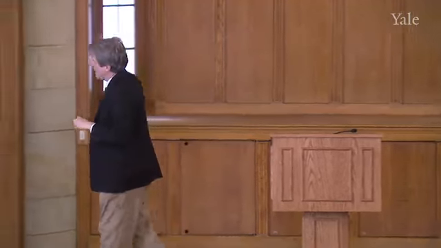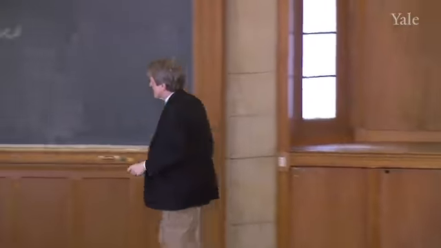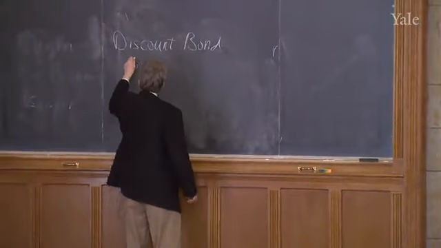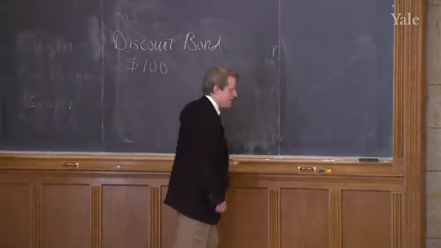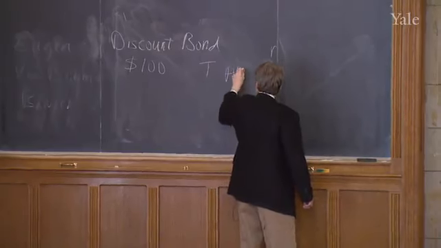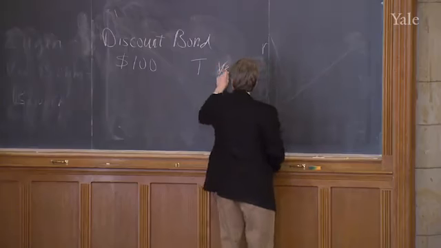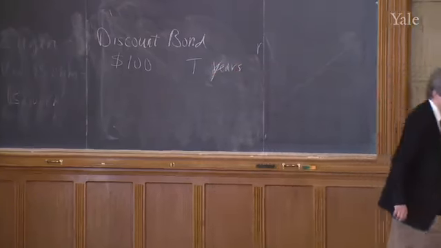It pays no interest. I mean, it doesn't have annual interest or anything like that. It merely specifies this bond is worth so many dollars or euros as of a future date. And why would you buy it? Because you paid less than that amount. So let's say that it's worth $100 in T periods, T years. You know, there's some ambiguity about, I'll say T years. And I made that a capital T.